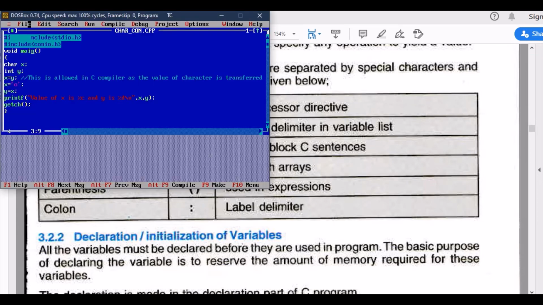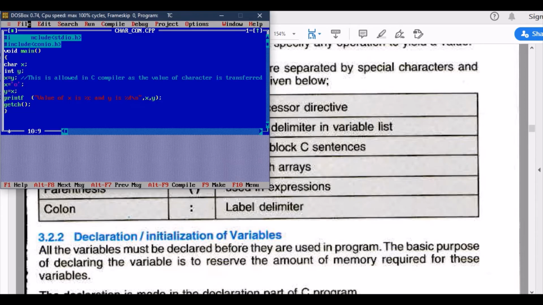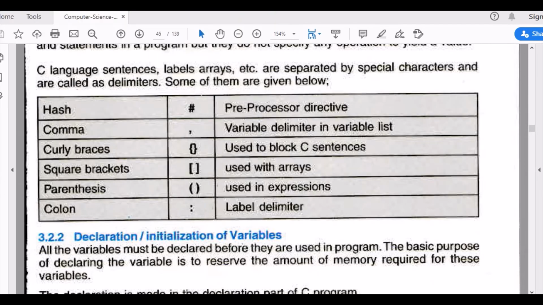Commas. These separate values, they are not separating the statement. Then curly braces, the starting or ending of a program or a function. Square brackets, usually used with arrays. Then parentheses, also called round brackets.